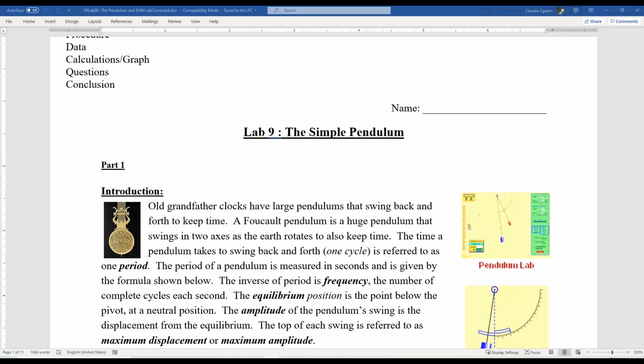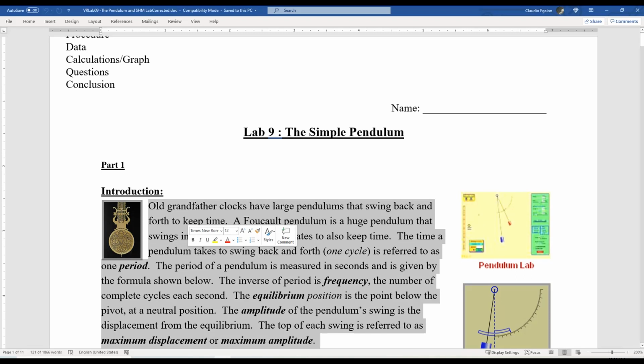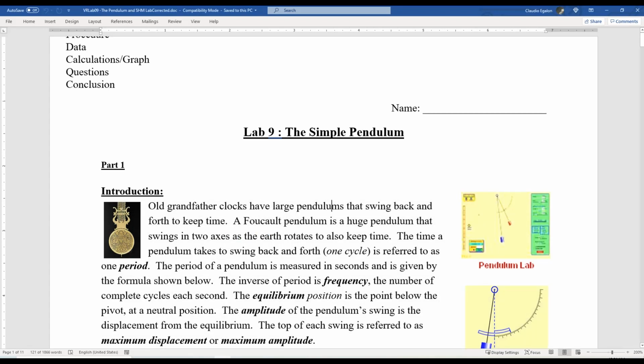Folks, today we are going to do Lab number 9, the simple pendulum. The simple pendulum is a very simple and very important device, and that's why we study it today. The simple pendulum was used